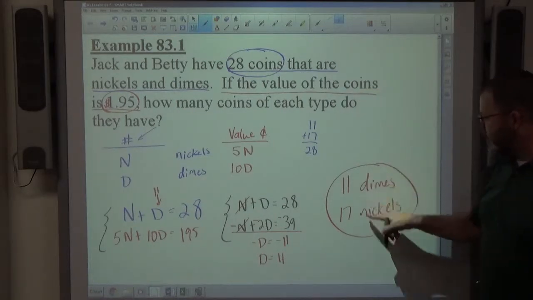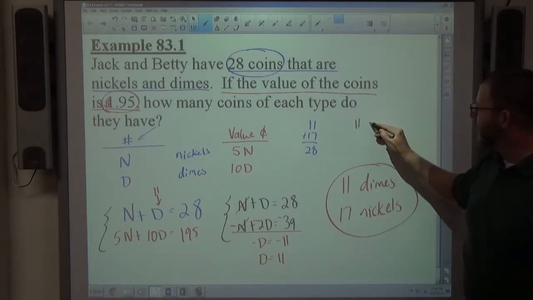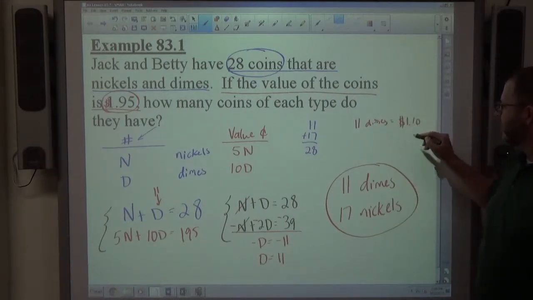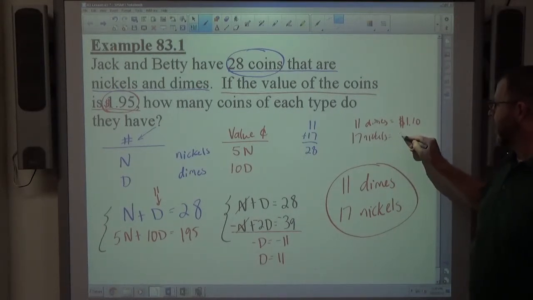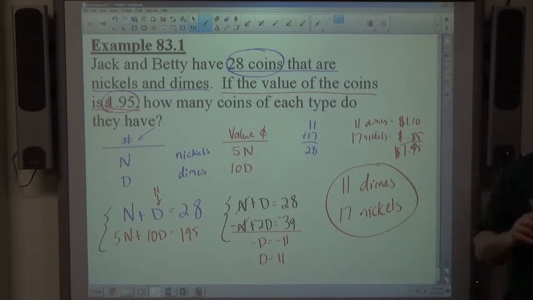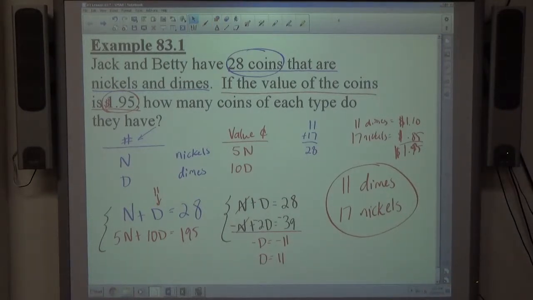Fact number 2, the value of these coins is supposed to be exactly $1.95. 11 dimes is $1.10. 17 nickels is equal to 85 cents. Add them up, you get $1.95. You can very easily check to make sure you have the right answer once you get the right answer. So it's one of those self-checking problems. Again, the answer they're looking for is this, but you're welcome to check to verify that both facts do occur with